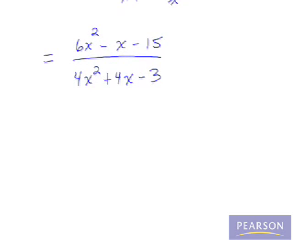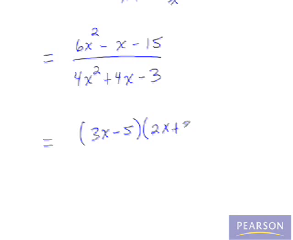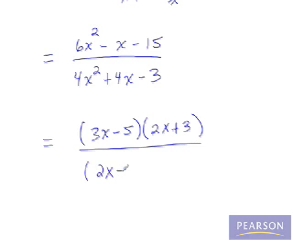One other thing we need to check, can this be factored and simplified, or can this fraction be put in lowest terms? And that answer is yes. The numerator, 6x squared minus x minus 15, can be factored as 3x minus 5 times 2x plus 3, and the denominator can be factored as 2x minus 1 times 2x plus 3. So as you can see, we do end up with a common factor, which we will divide out,